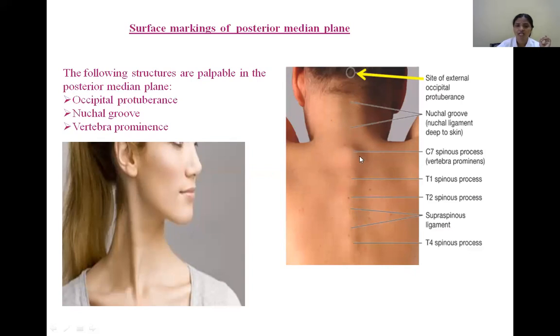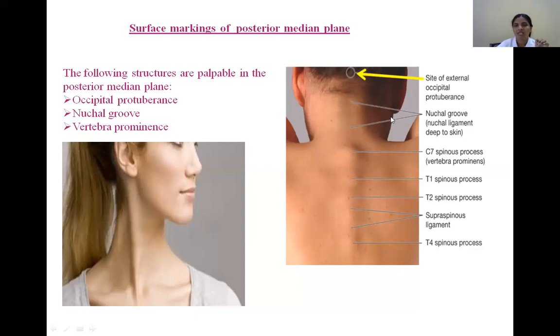So this is one landmark to count the spinous processes. You see, it is a very important landmark. This is the junction between the thoracic vertebrae and the cervical vertebrae, so you can identify it. And above that level, you see there is a depression. You cannot expect to feel the spinous processes of the other cervical vertebrae, because their length compared to the seventh is less, right?